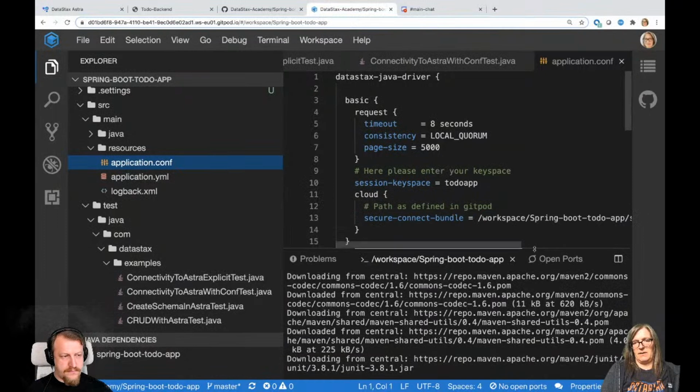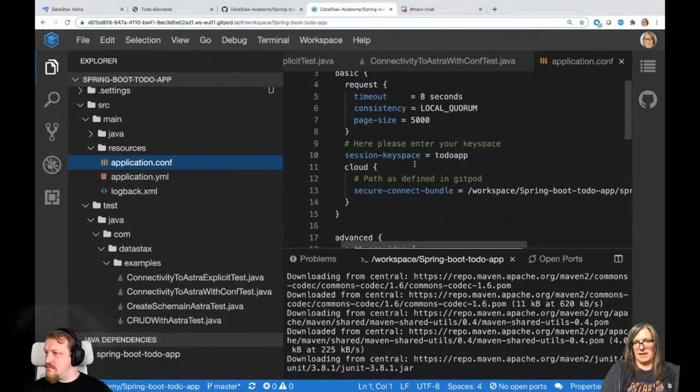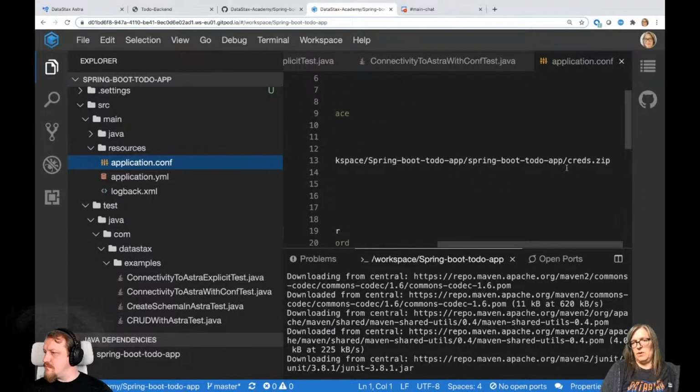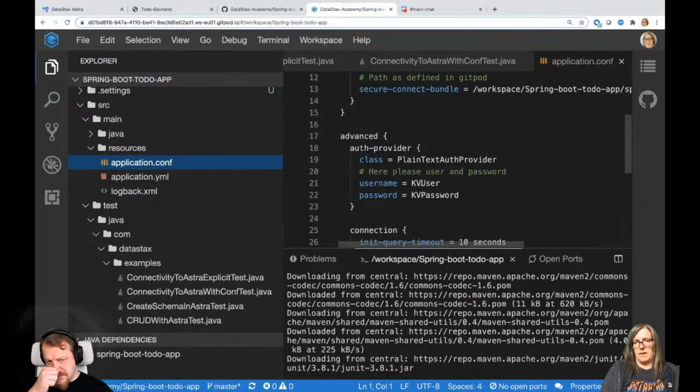And here we have the session, basically the session keyspace configured. Again, if you used our values, you don't have to change anything there, right? We have the creds.zip, and then we have our password and username here.